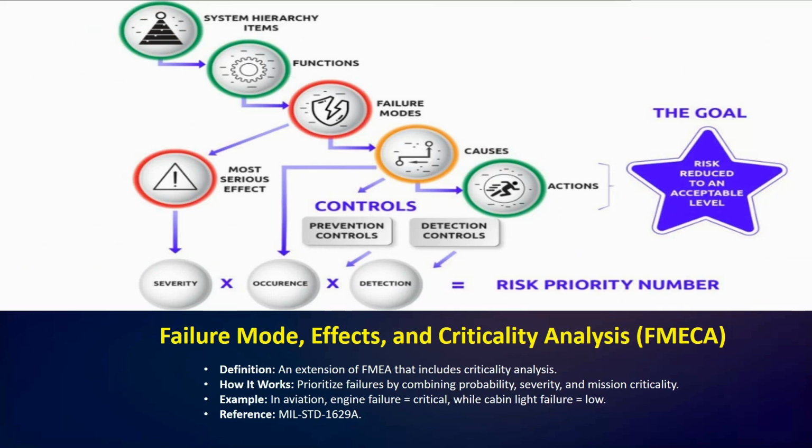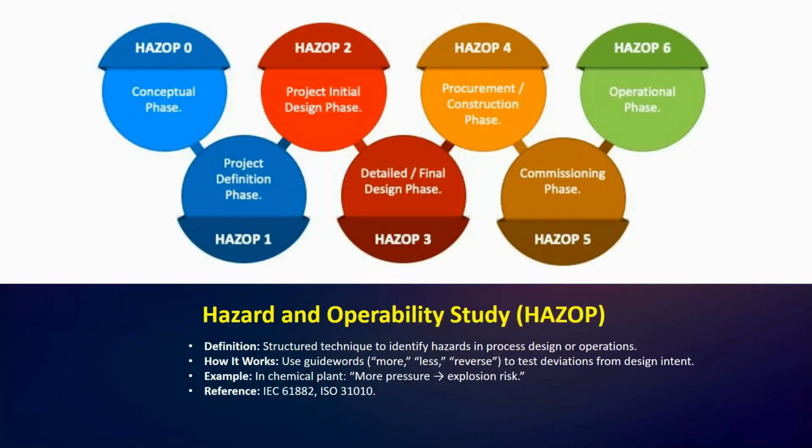So next we have the example I have just explained here. Okay, navigation engine failure is critical, while cabin light failure is slow. Okay, so next we have